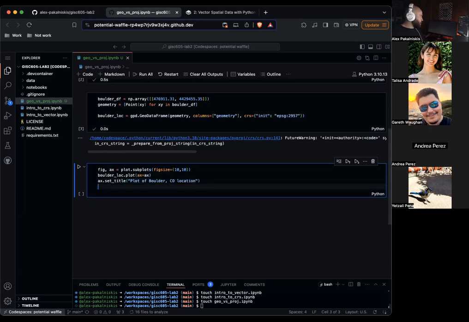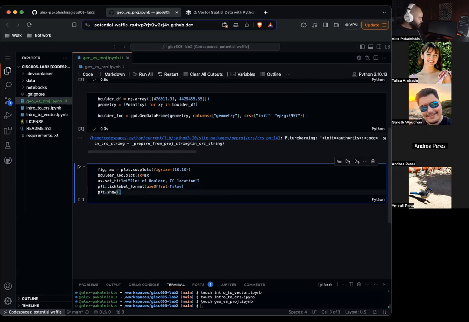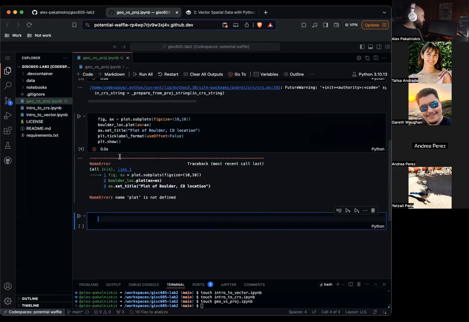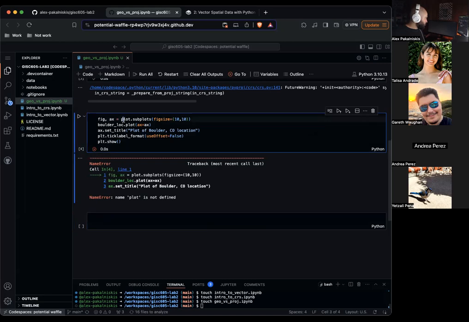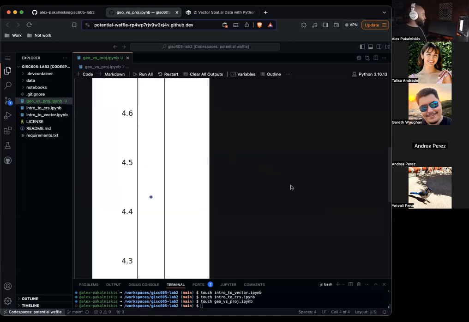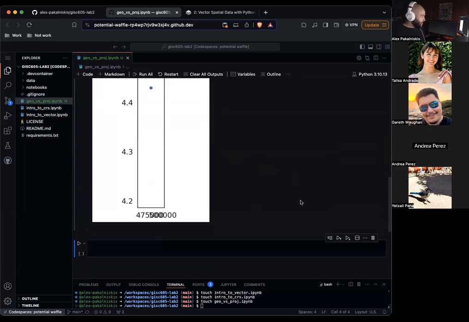Let's do a plt.ticklabel_format, useOffset equals false, and then a plt.show, and we'll see a really ugly figure. Okay, so I didn't, that's why, plt.subplots. Great. Super ugly. Let's try to make it nicer.